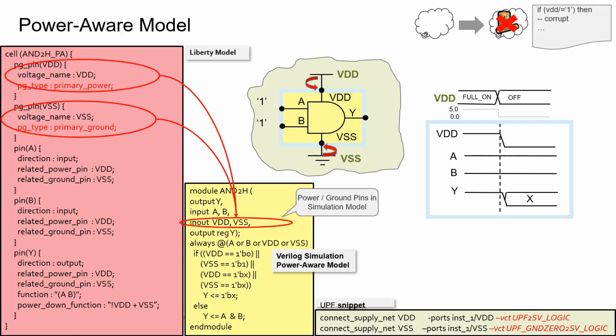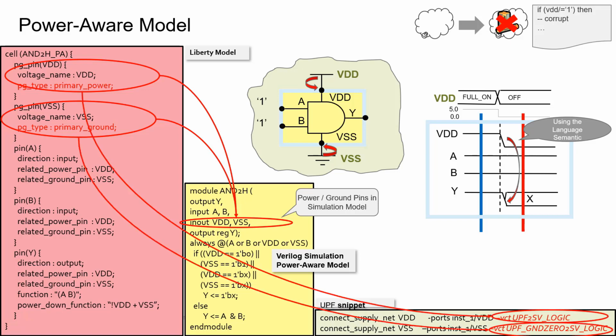So in this case, we simply rely on the models to use VDD set to 0, and we will use for that a specific value change table, meaning a VCT, telling that you will move from UPF to SV logic, or UPF_ground 0 to SV logic, meaning that the full on will be translated to S0 for the ground to work correctly. And that's all we're going to do. This VCT will be extracted automatically from the PG type, but you can, of course, put it explicitly. Means that automatically from primary ground, we will figure out which VCT to use.